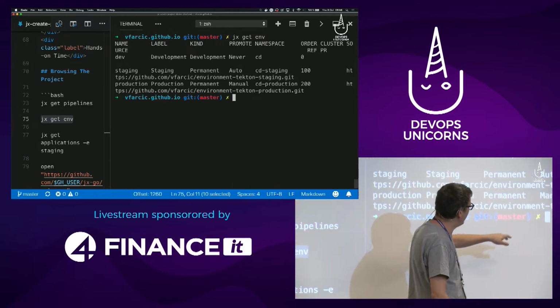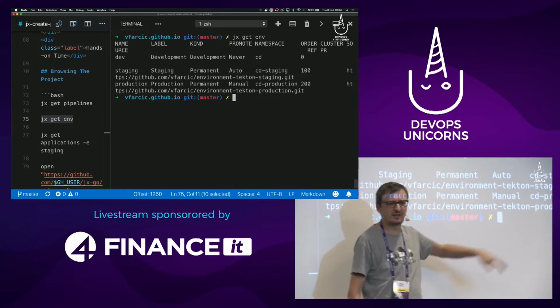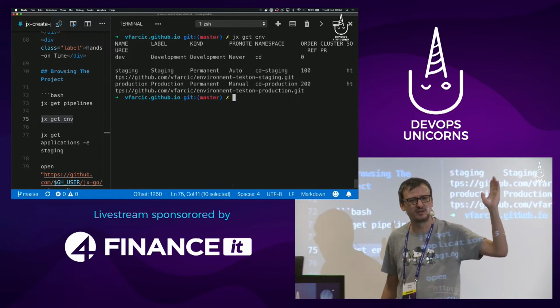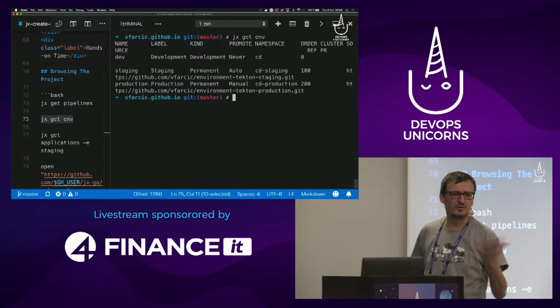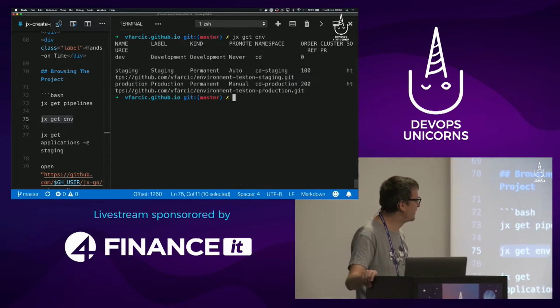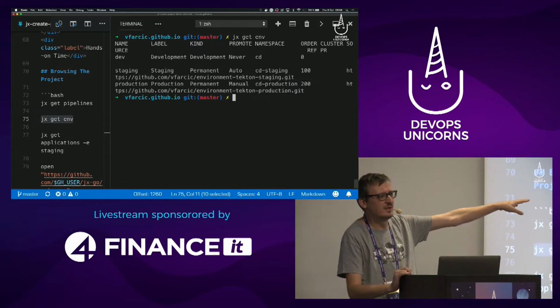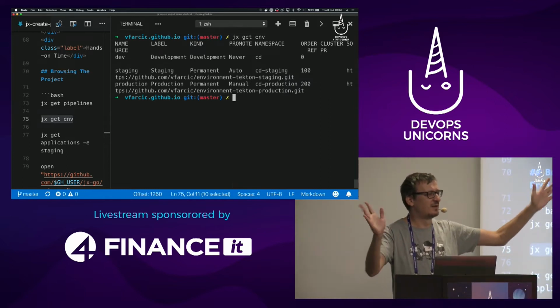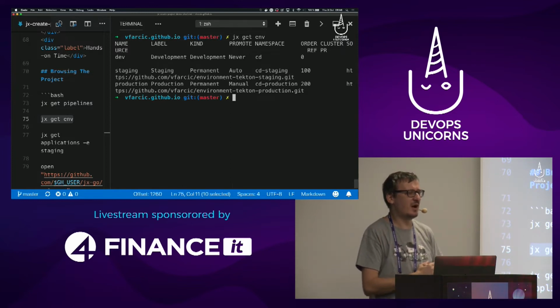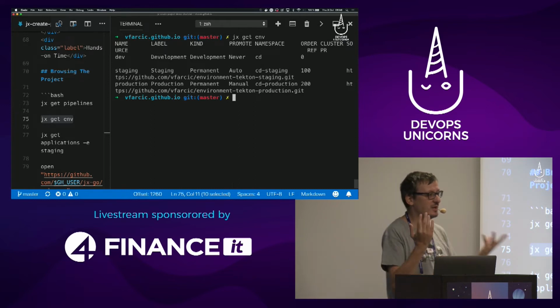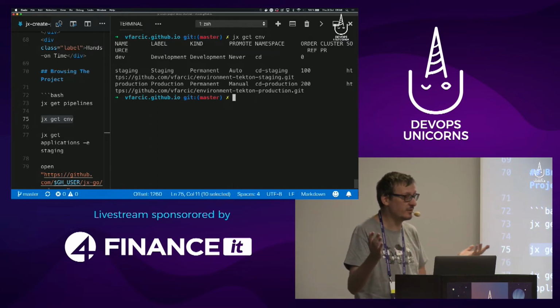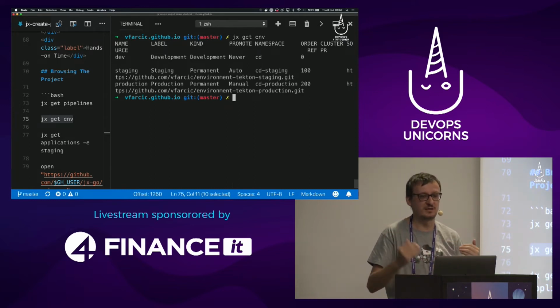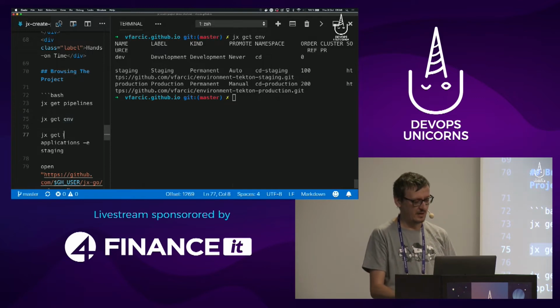Since I'm lazy, I set it up to auto-promotion, meaning that whenever I push something to Git, it will be deployed there. I don't want to bother with that. I don't want to spend time making those decisions. But production is manual, meaning that I'm still cautious, and I want to make a decision myself when to promote to production. That will not be automated. It could easily be automated, depending on the maturity of the team. But in this case, that's not the case.